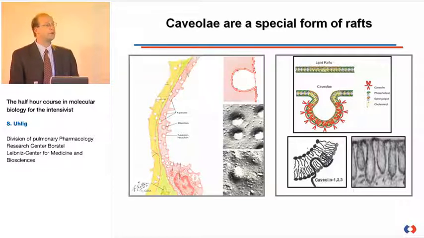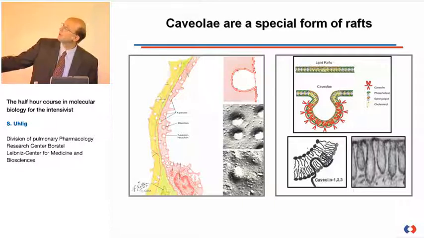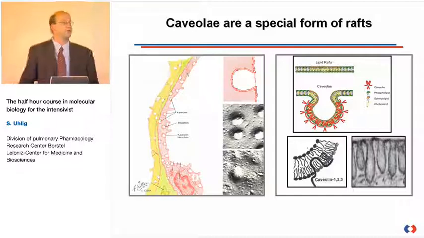So we have been very well aware, for a long time, that we have those caveolae. You can see here in some magnification, this is an endothelial cell lining in the lung, for instance. And you see that they are full of caveolae. These are those flask-like evaginations, as you can also see here. And they may or may not have such pelliculae on top of them, and the meaning of them is not